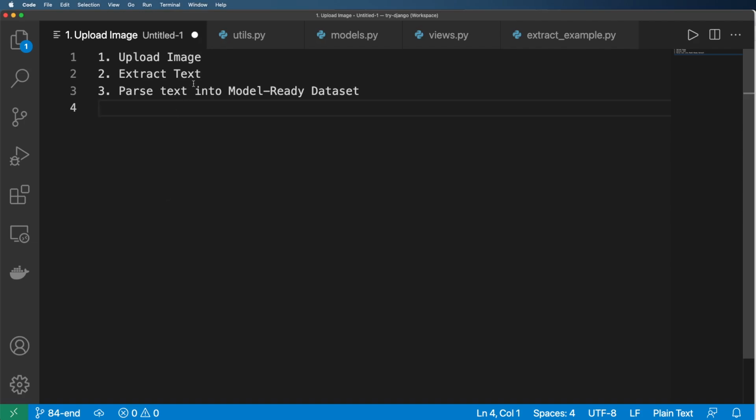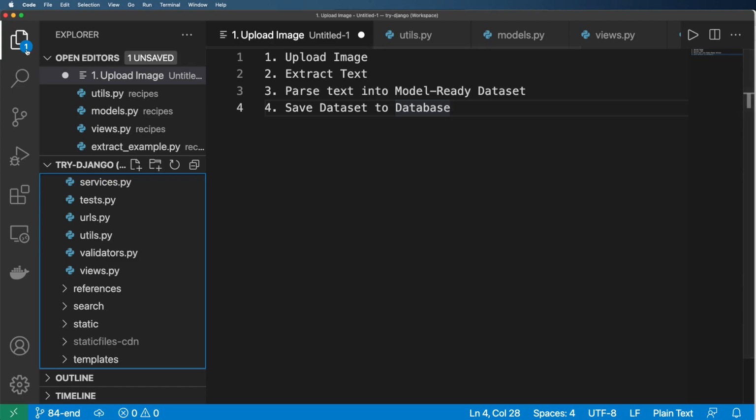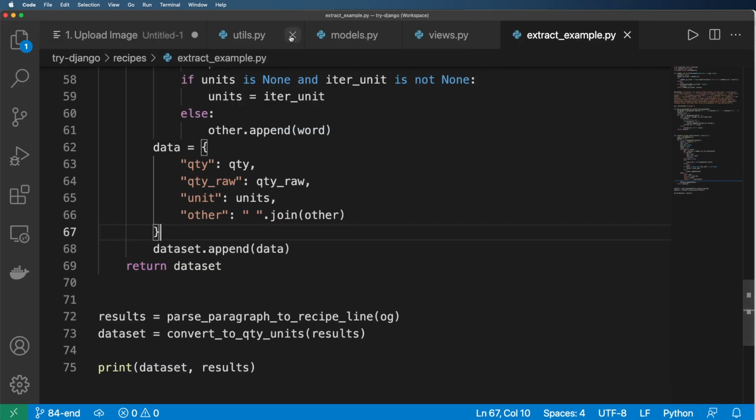Let's do a quick recap as to where we are. First off, we upload an image, then we extract text from that image through our OCR microservice. Then we can parse that text into almost model-ready dataset. And then, of course, we need to save that dataset to our database. Now, the reason I say it's almost model-ready is because if we look at either our extract example or our